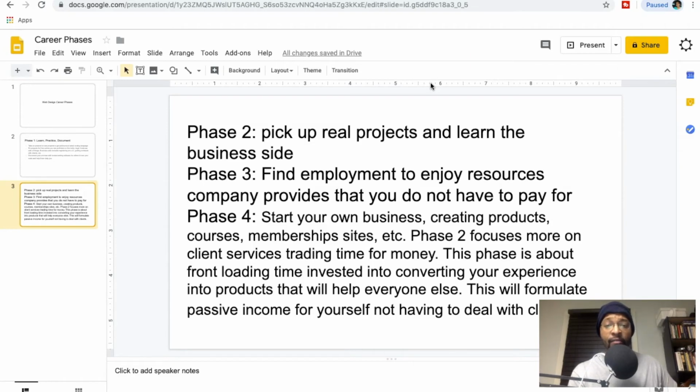Phase 2 focuses more on client services, trading time for money. This phase is about front loading time, investing into converting your experience into products that will help everyone else. This will formulate passive income for yourself, not having to deal with clients. And eventually, at the end of the day, I am hoping that you have enough experience and enough knowledge that you're able to parlay your wisdom, productize it and develop a passive income stream to where you're not working so much, and then you're at a point where you're either choosing to work because you really love what you do and you can't see yourself stopping it, or you just want to create products, start building up a passive income stream, saving up that money, and just having the freedom